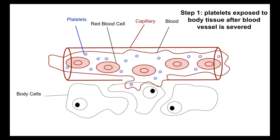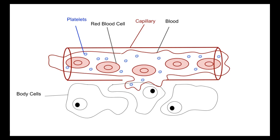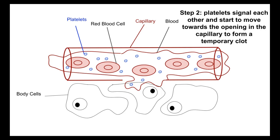So once they go through this initial sensing of the body tissue, they are going to send a signal to each other saying, hey guys, we have a problem. We need to get into clotting mode. So you guys all need to start moving towards the opening and forming a temporary clot. So this guy right here is going to be telling all of his other platelet friends, come closer to that clot, because otherwise we're going to have a really big problem. So once that signal is sent, the platelets are going to start moving slowly towards